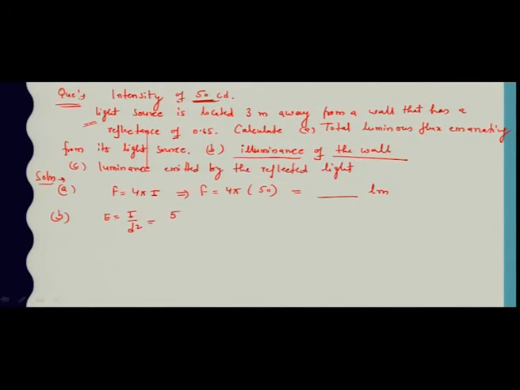That is 50 upon 3 square, since the light source is located 3 meters away. In this way you can find the number, expressed in lux, and C